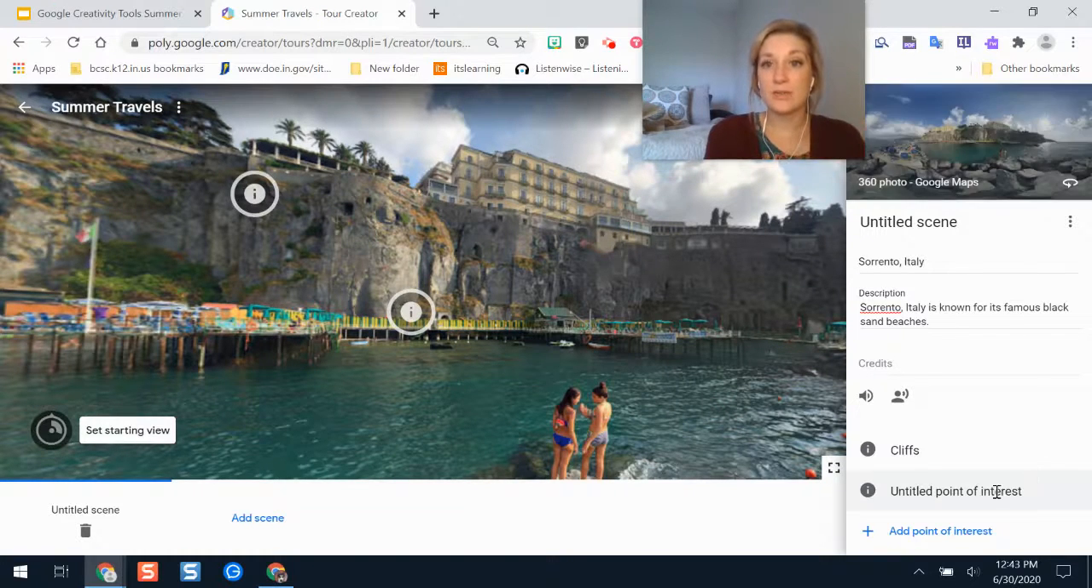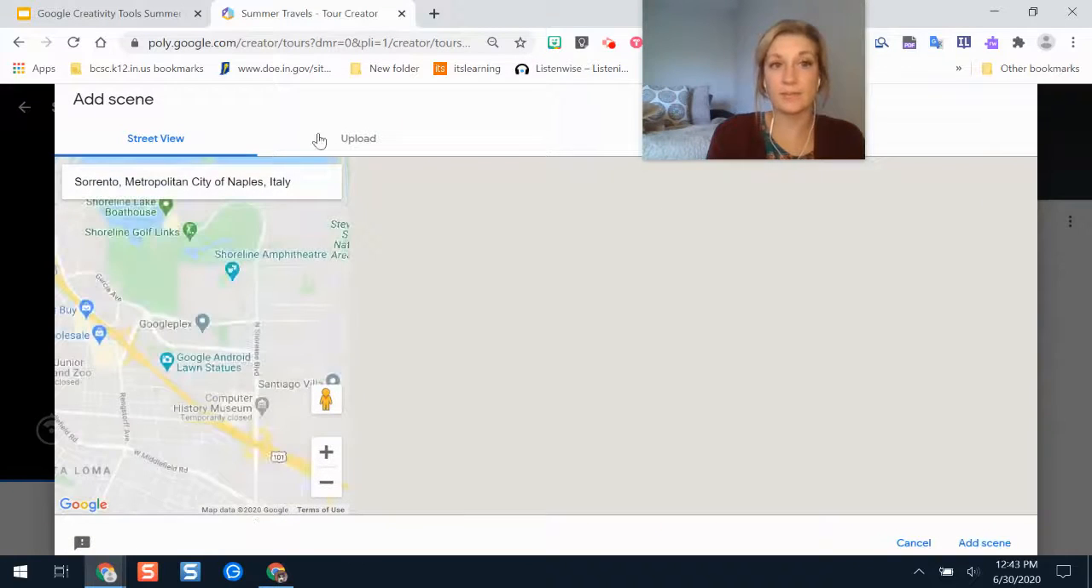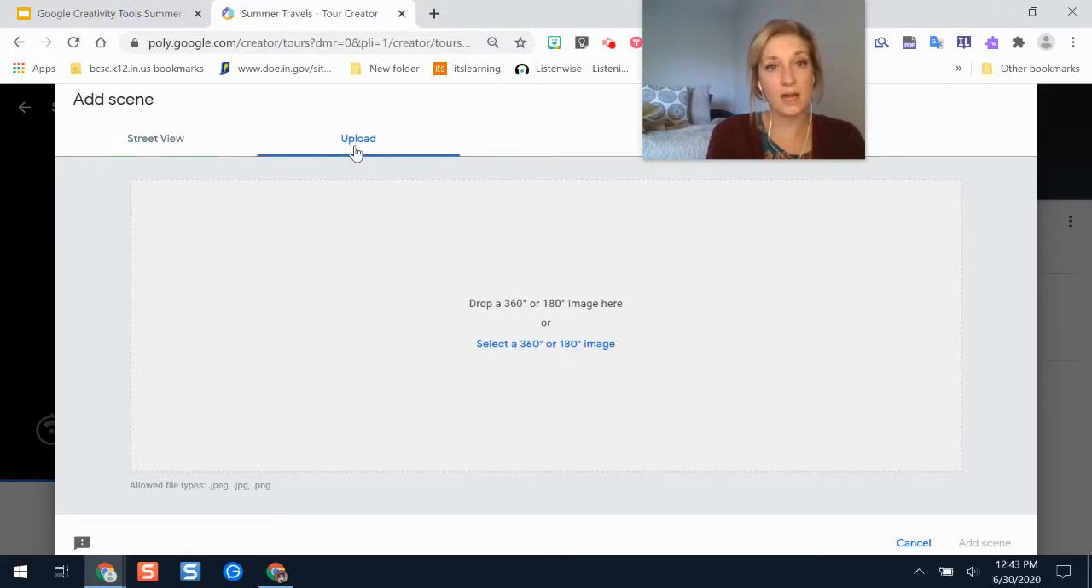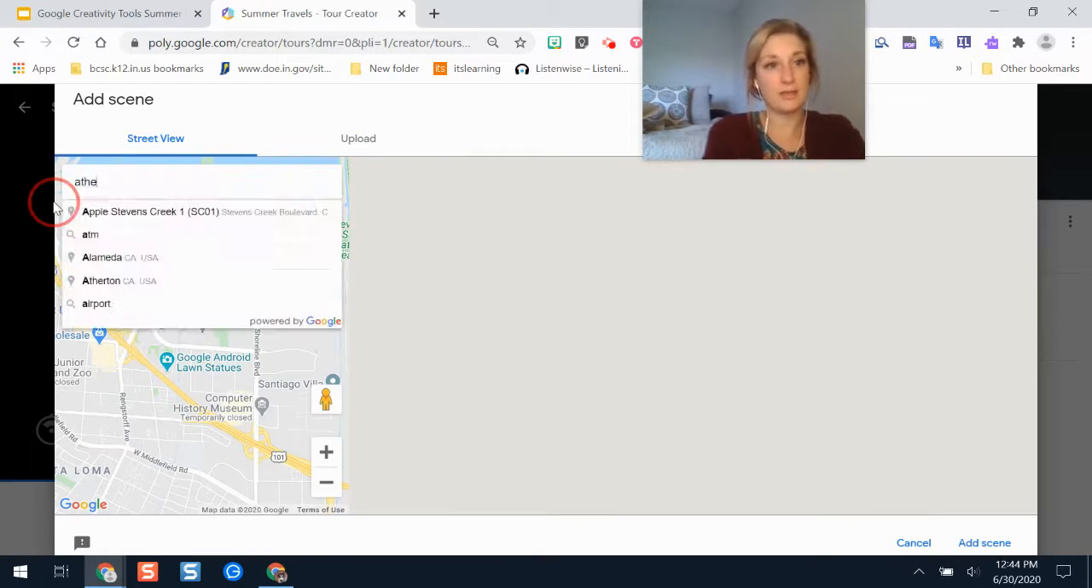So if I am finished with this scene, across the bottom here is where I can add another scene. And I would repeat that whole process again. If I have my own panoramic pictures, I can upload them here. So if I've been to a place, and I want to show students where I've been and present information that way, I can. If I don't, then